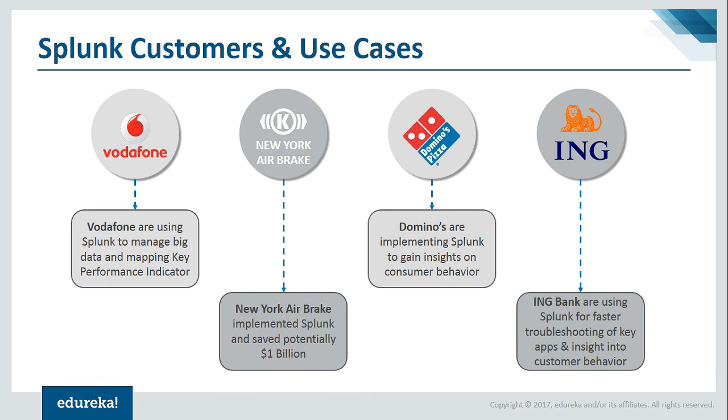How will they realize that there's a fraudulent transaction happening? By basically analyzing logs that come in at real time. Correct? And who's going to do the analysis in real time? It's Splunk. Splunk is going to do the analysis and give it to the end user. The end user here is nothing but ING Bank, and they can get insights into it and take actions